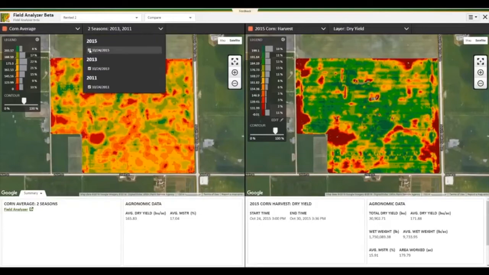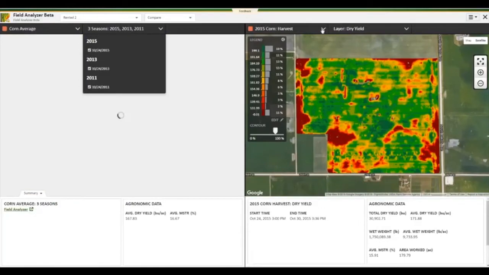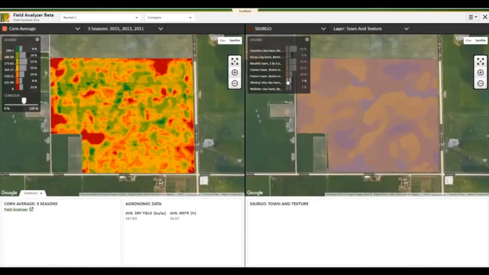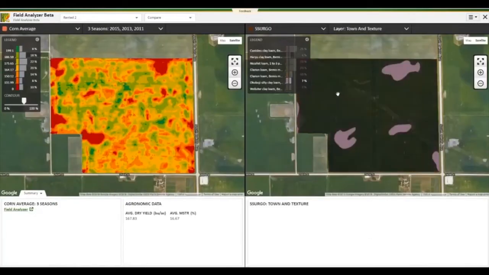Now, we are going to compare the average corn harvest maps from 2011, 2013, and 2015 to the Surgo soil maps to see if there are any conclusions we can draw based on the soil type. We can see in the Okoboji silt clay loam that we tend to struggle in our yield across the average. These could be areas of the field that we could focus on cutting input costs in order to maximize the